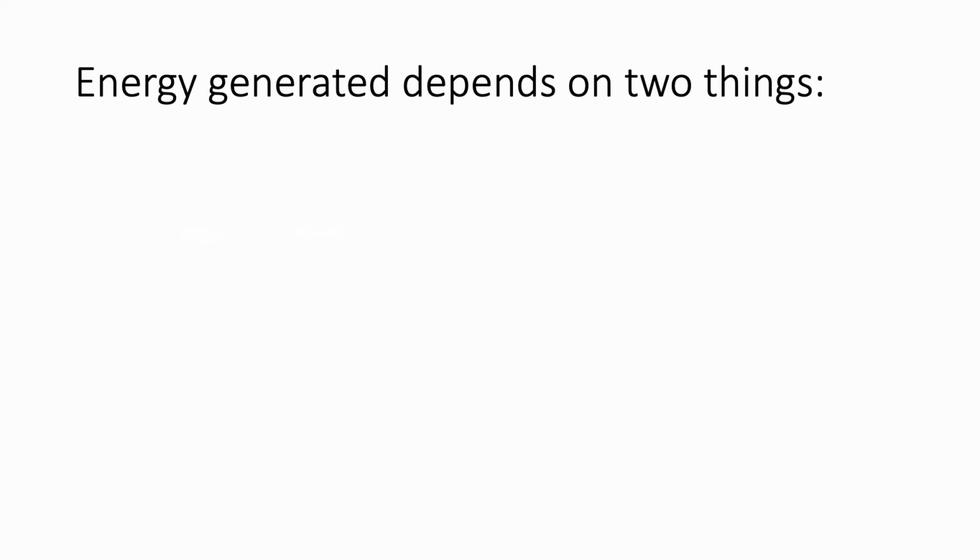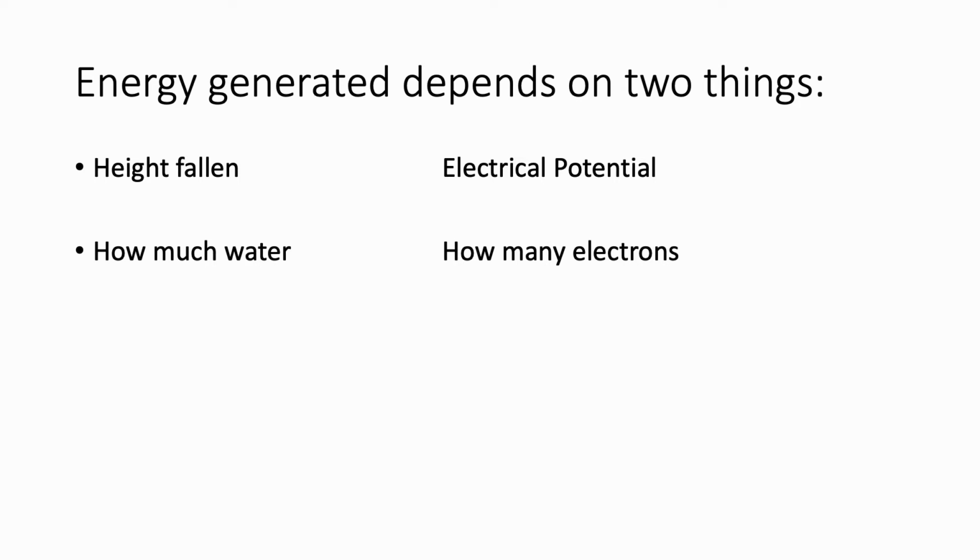And we can have an analogy to what's going on in our galvanic cell. We think about the height that water can fall when it's generating electricity, and that is equivalent to electrical potential. We can also think about how much water is falling over the waterfall, and that's equivalent to how many electrons are being transferred. So whether we're talking about one half reaction or multiples of the same half reaction,